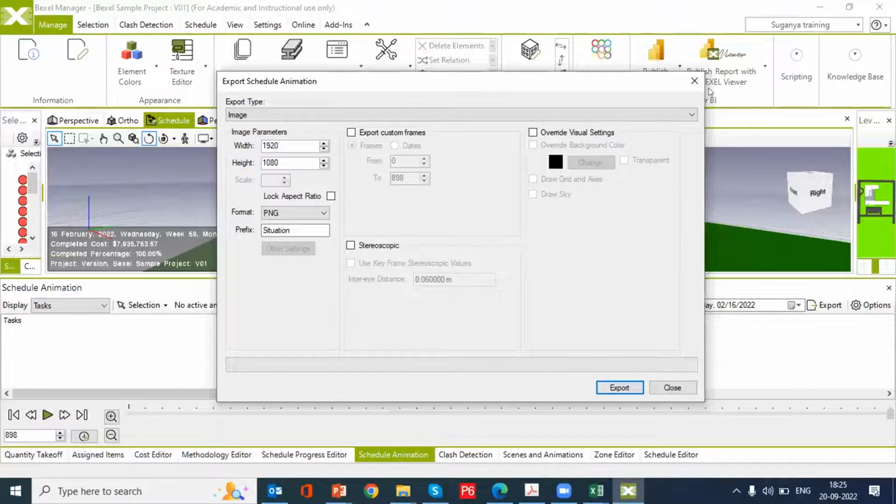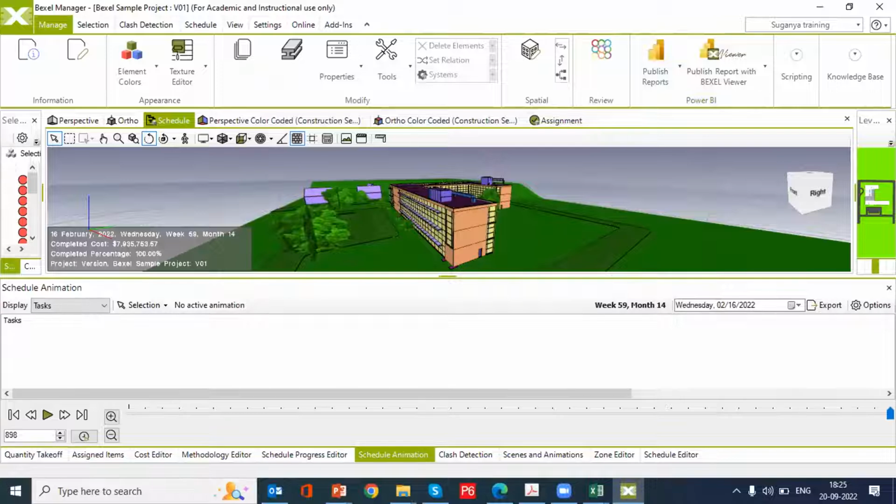That's it. So we have seen today 4D BIM, 5D BIM and integration between 4D and 5D BIM, and hope till this we will stop the session. Students, if you have any doubts, you can ask now. And in tomorrow's session, we'll be covering off scenes and animation, 6D BIM, another methodology editor, zones editor, and all the other options. Leftover topics will be seen